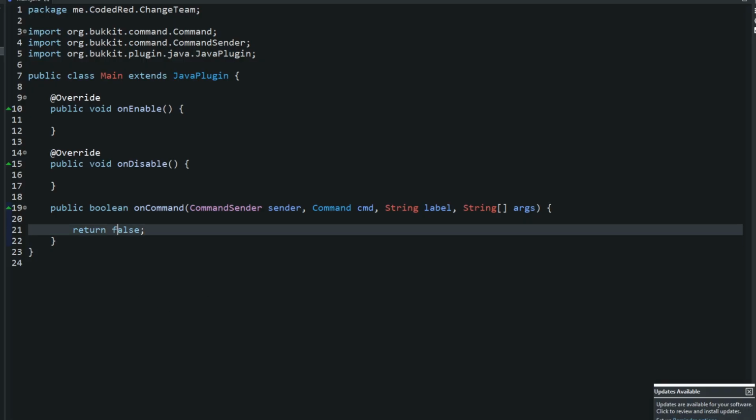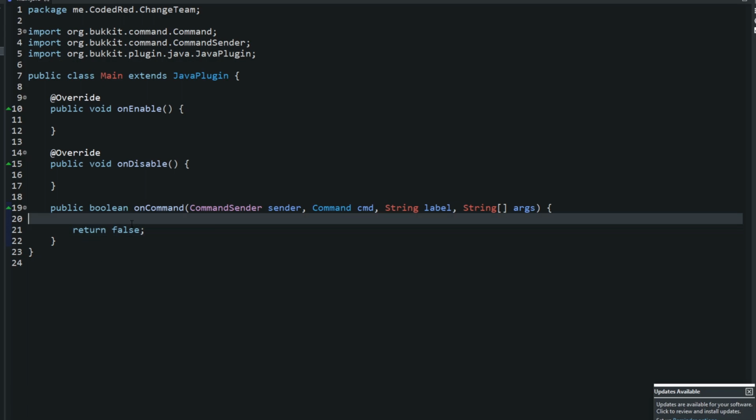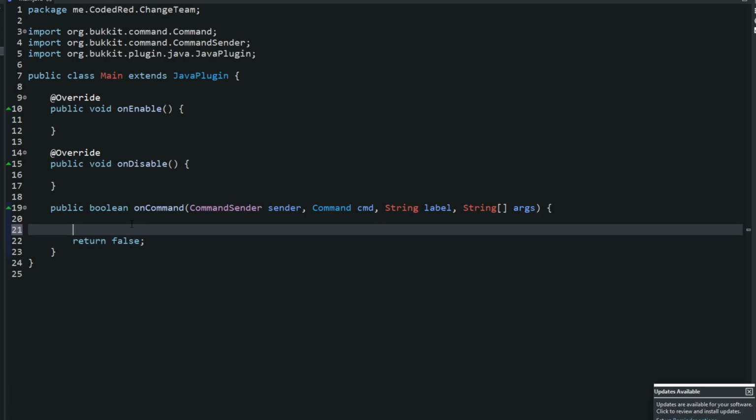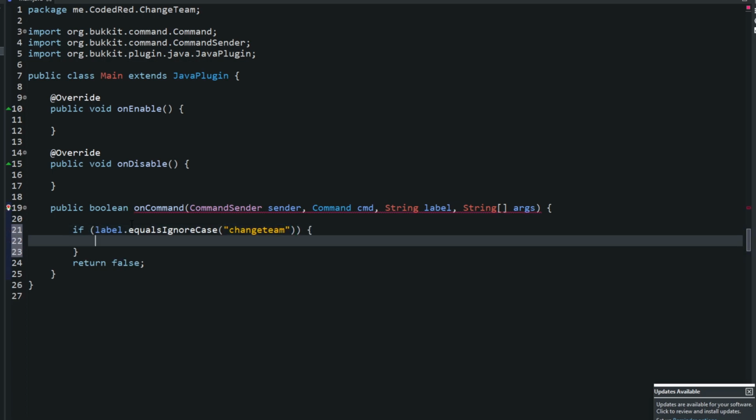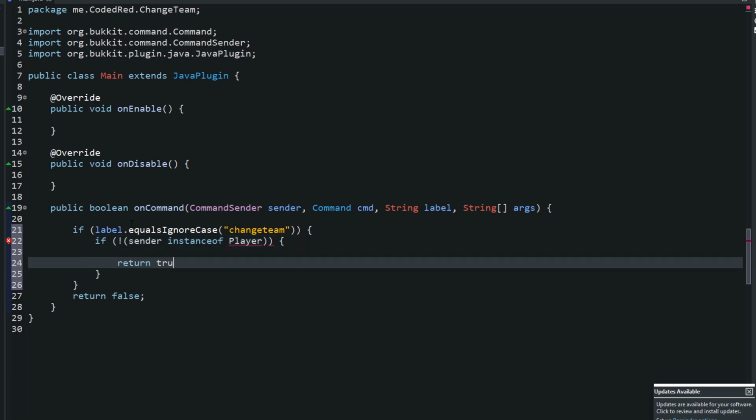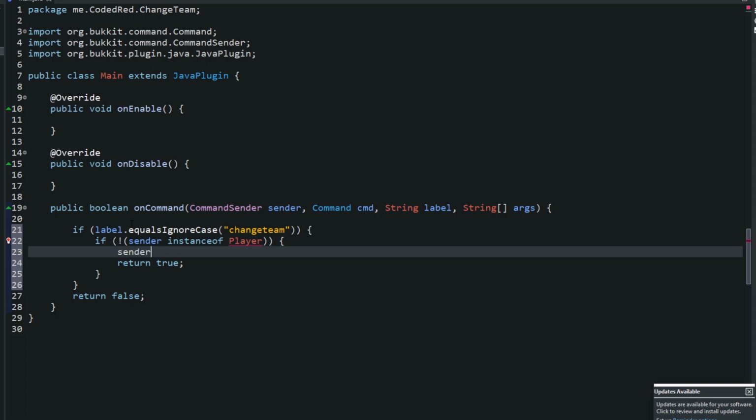Alright, now that we have these methods done, let's go ahead and real quick create the change team command. To do this, we're going to say if the label dot equalsIgnoreCase change team, then first we want to make sure that the sender is a player, of course. We do this with every single plugin. So if the sender is not an instance of player, return true. And we'll send them a message saying